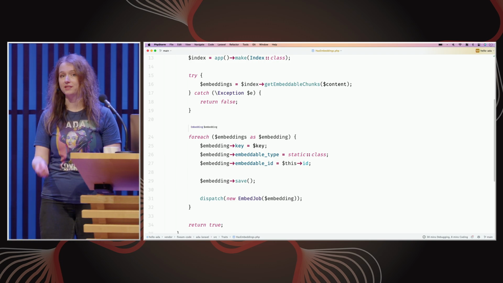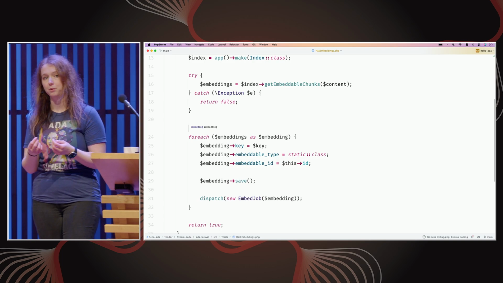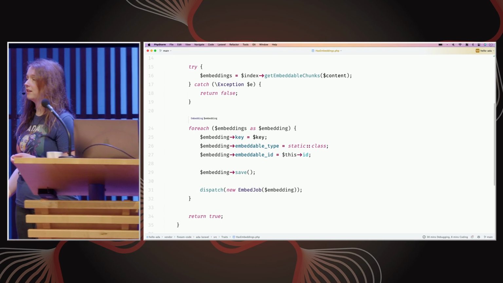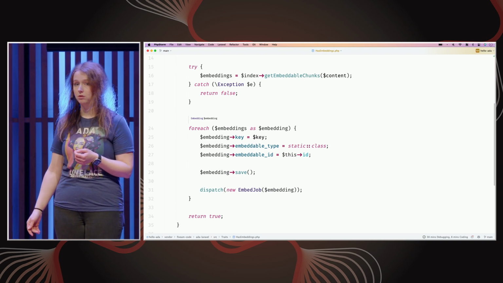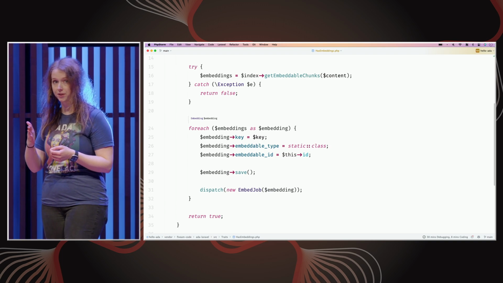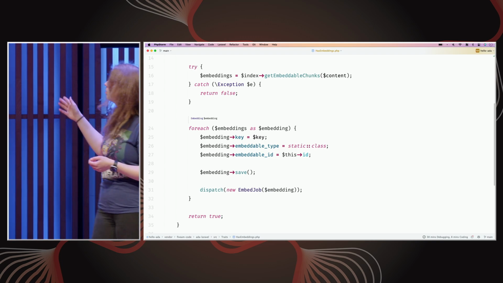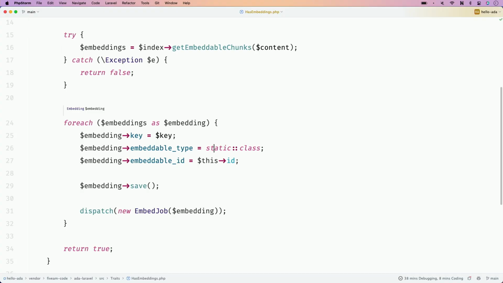It's important, so I don't lose you: this is not an embedding model, it's a Laravel model that comes with the package, Embedding. We're just creating the reference to the Laravel model that we called the method on, because this is a morphable relationship in the database, so for the type and the ID, and then we just save it with the content and dispatch a job.